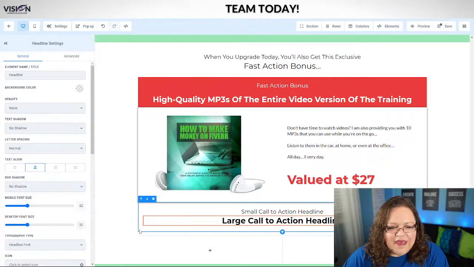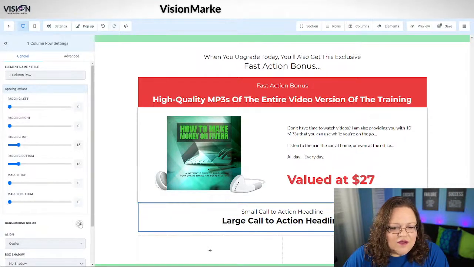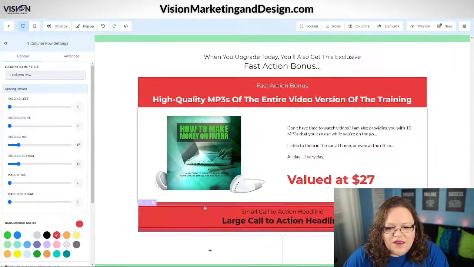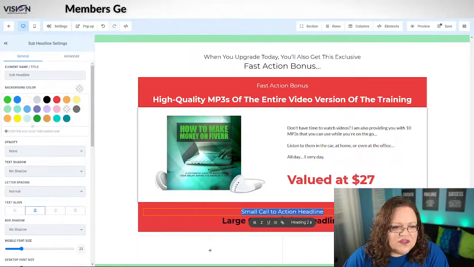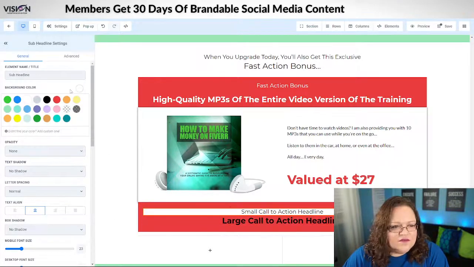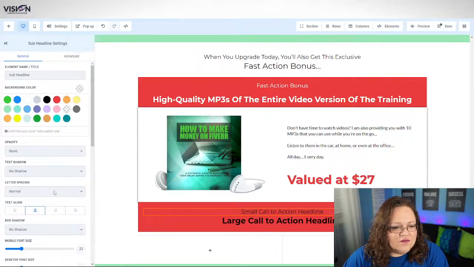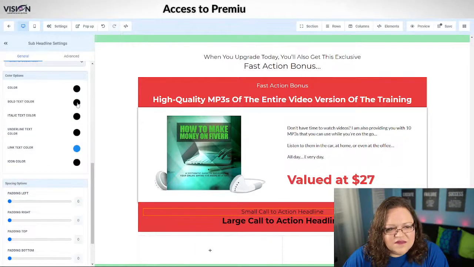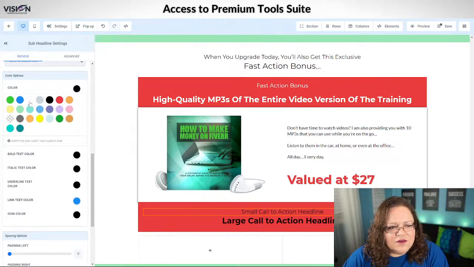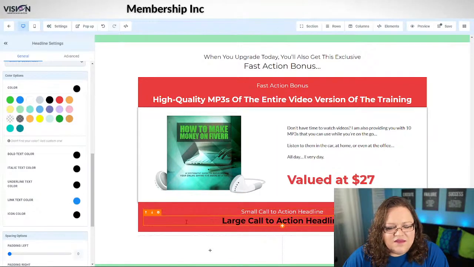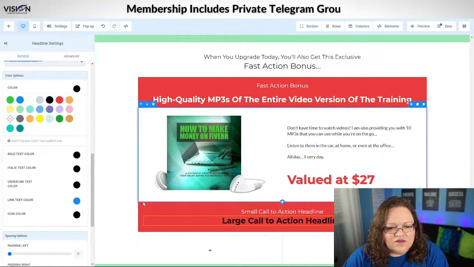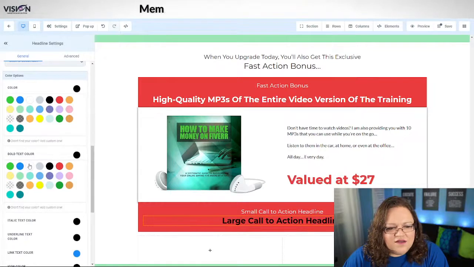So I need the background to be red. All right, so I went to red, and then all I had to do was just change this text. Oops, that's the background color, so I don't want that. I want the actual text. So I'm going to, it's not bold, so I'm going to choose white. This one is bold, so I'm going to go down to the bold text color and then change that to